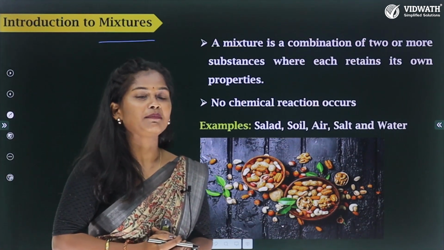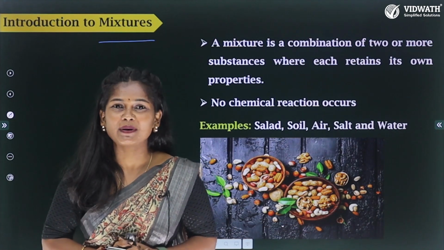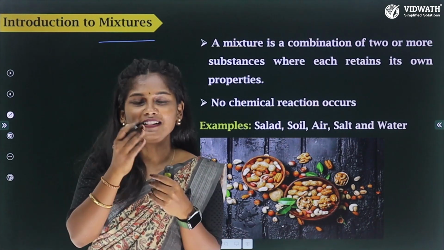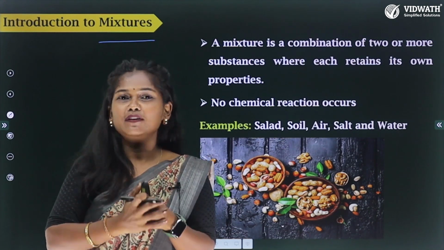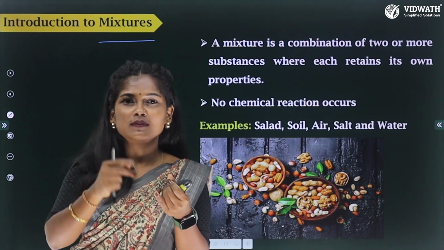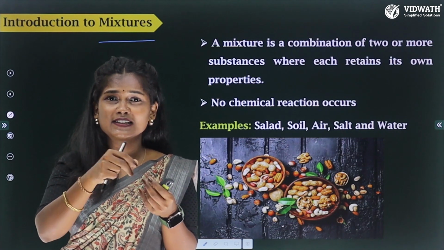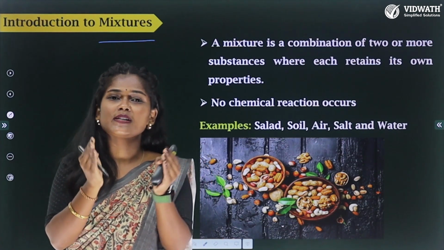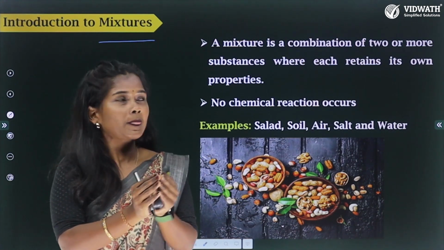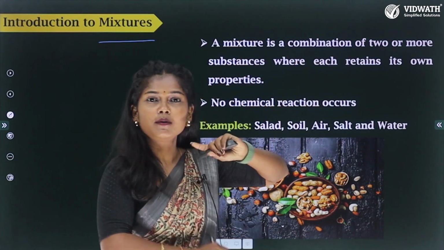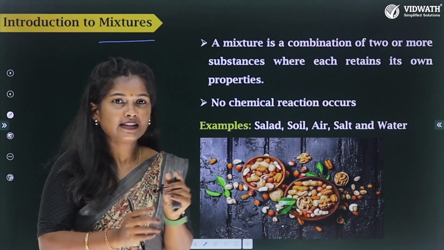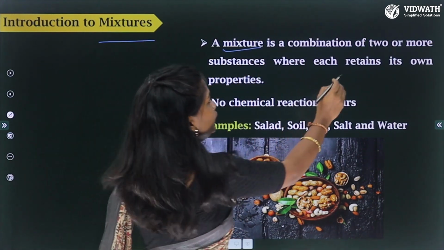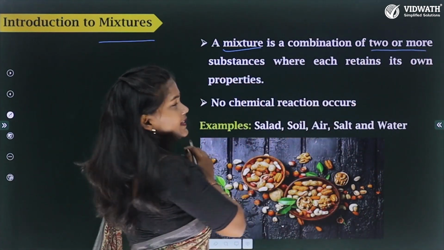So for sure, I can make out that the very first thing that pops into your mind is the mixture that we eat, right? We can't say that it's the definition of a mixture, but it is an example of a mixture. We can see groundnuts, dry coconut, soya sticks, curry leaves, and many other things. It is an example of a mixture, which is made up of two or more substances. So basically, a mixture is a combination of two or more substances.